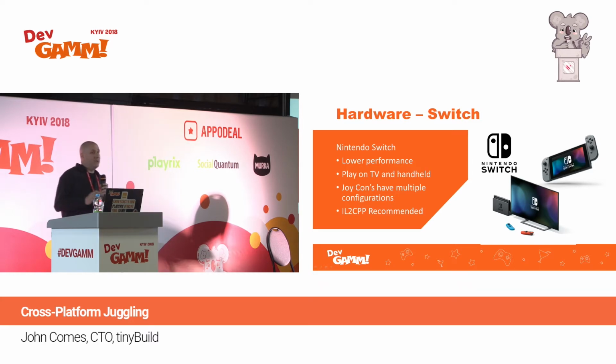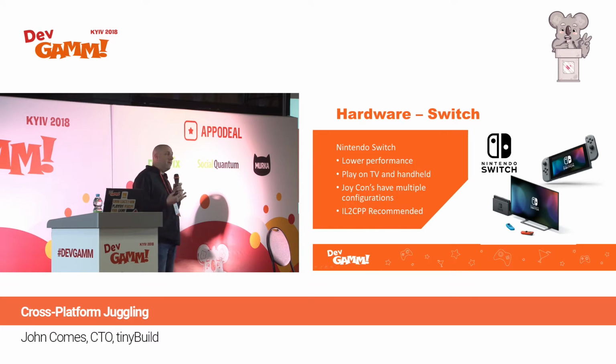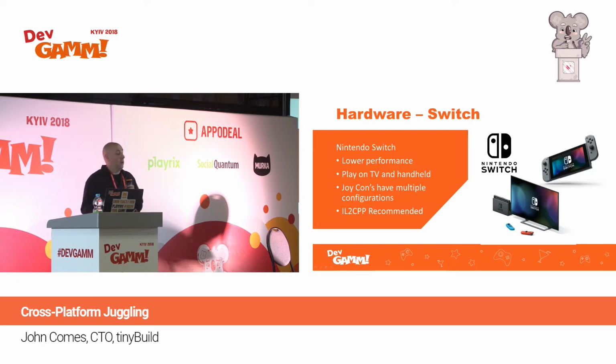Switch also has an interesting controller. They have the Joy-Cons where you can hold it like a regular controller, but they can also come off. So if you have a game that has more than 4 players, you have to really think about, if I port this to the Switch, how do I use the controls? Rocket League is a good example, where you can play it like a normal controller, but you can also take them off and turn them sideways. And if you only own 2 controllers, then you can play it with 4. Mario Kart does the same thing. Again, something you have to think about when you're taking your game and trying to put it on the Switch.